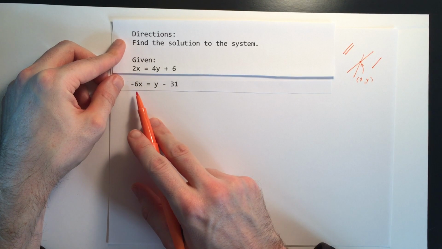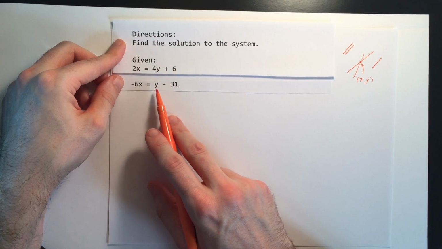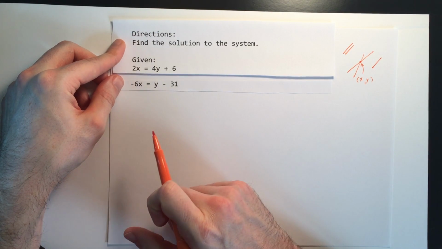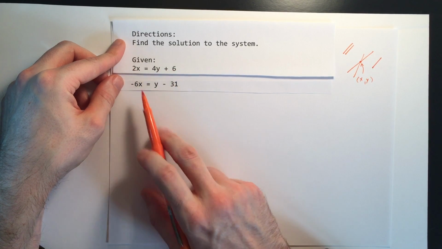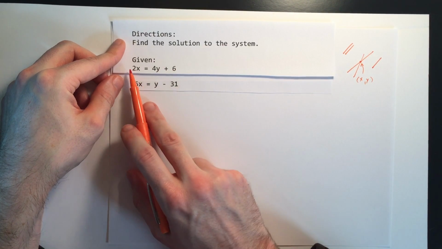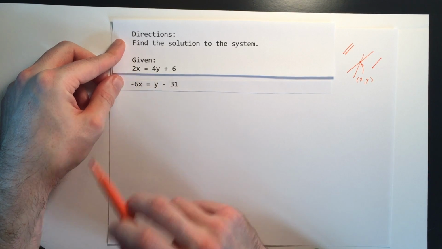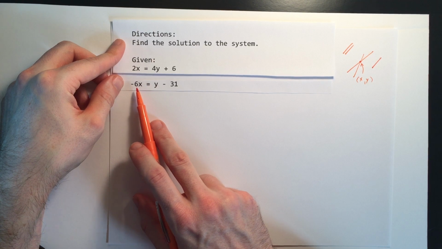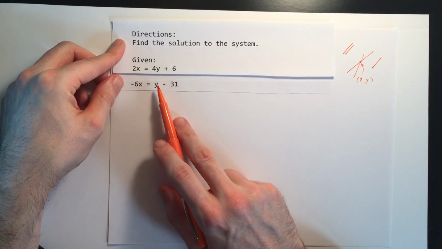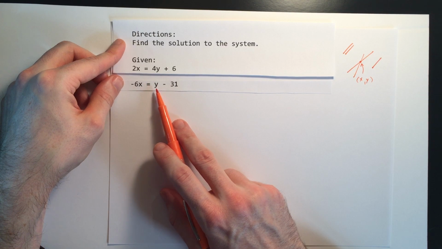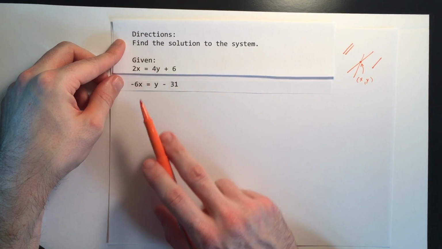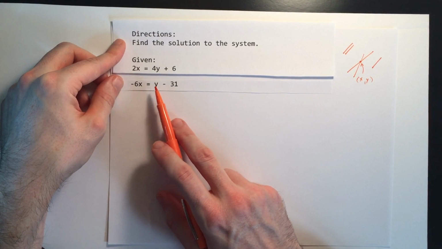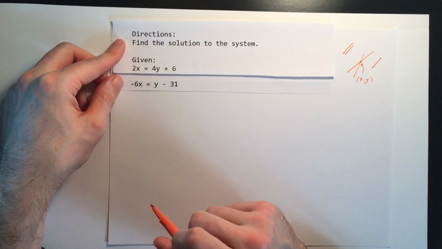Now, if I add 2x and negative 6x, I don't get 0. Same thing with 4y and positive y. I don't get 0 if I add those. So I need to make some sort of modification. And I can either do that to the first equation or to the second equation. To the first equation, I would need 3 times as many 2x's. If I did 3 times 2x, I would have 6x, and that, when you combine with negative 6x, would make 0. Or I could change the second equation. I would need 4 y's to make it similar to this one, and not only 4, I would need to have it be a negative 4y so that it's the opposite of positive 4y, so that if you added those,